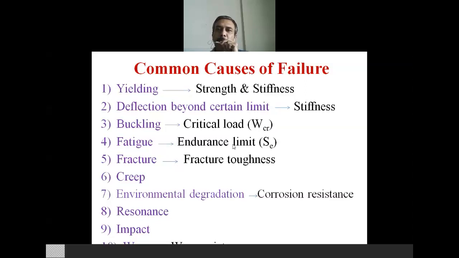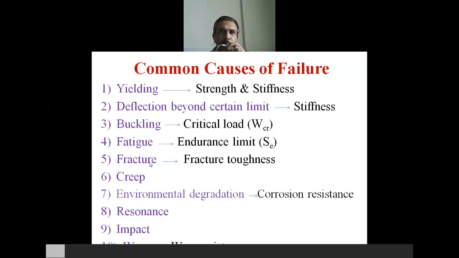Okay, so clear this. For the time being, you have to remember that more than 80% of components fail against fatigue failure. And to make the component safe against fatigue failure, you have to take care of the endurance limit. Clear with this? Neither your yield strength nor ultimate strength. It is the endurance limit you have to take care of to make the component safe against fatigue failure.